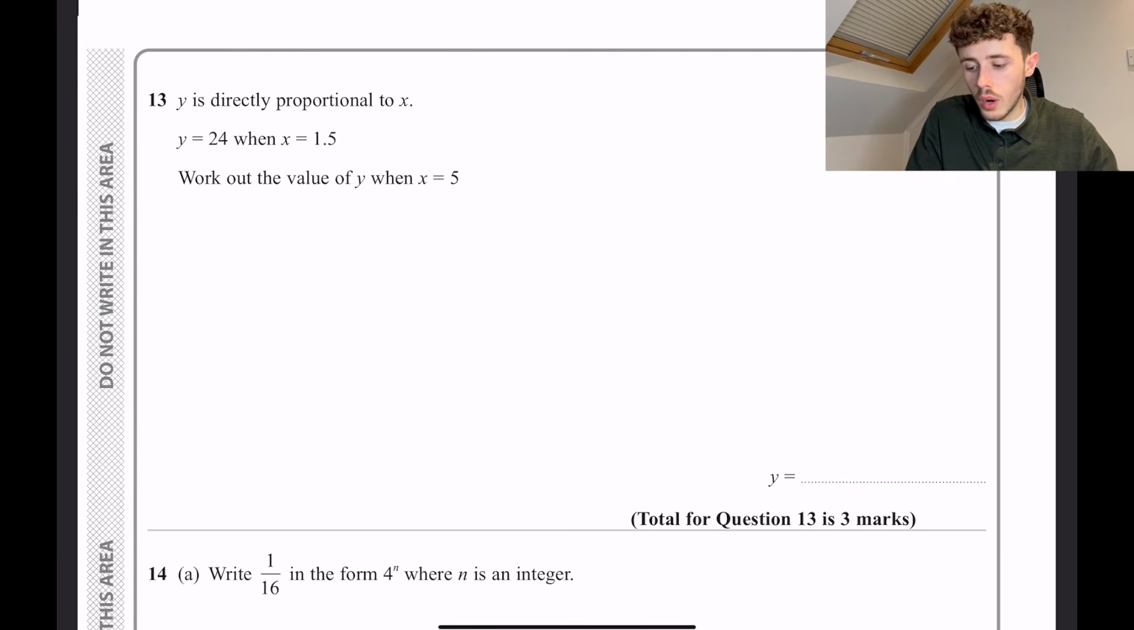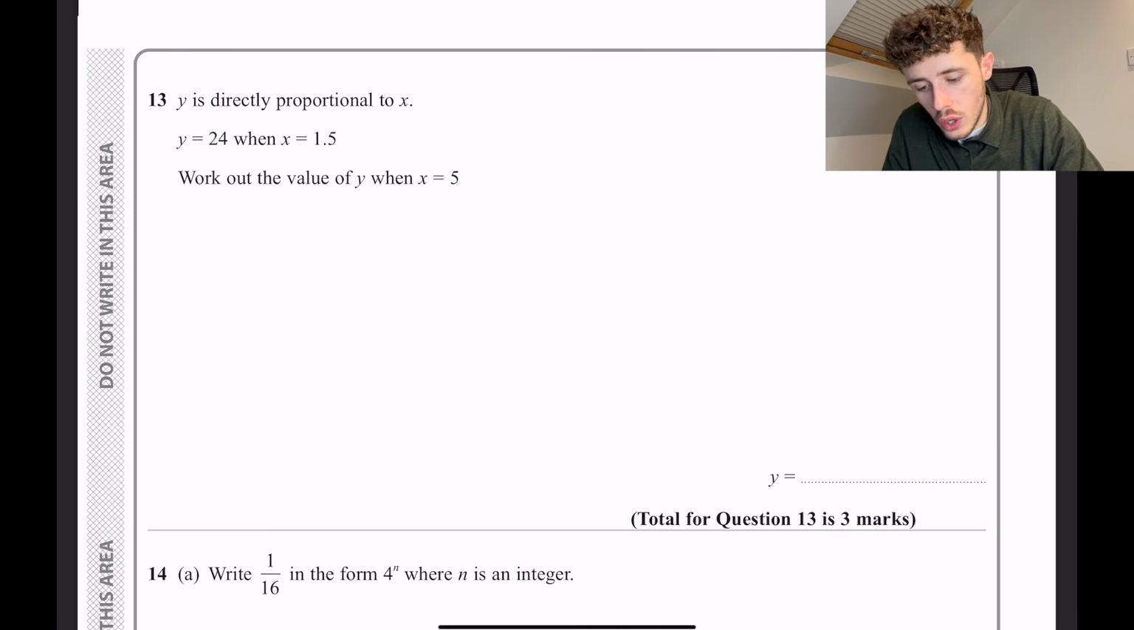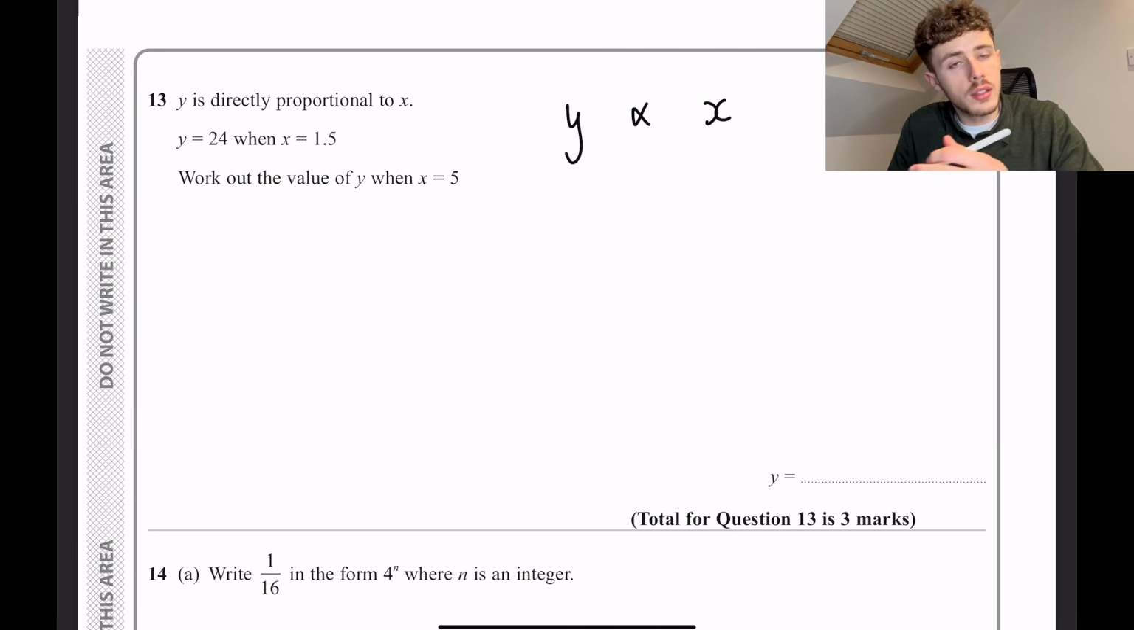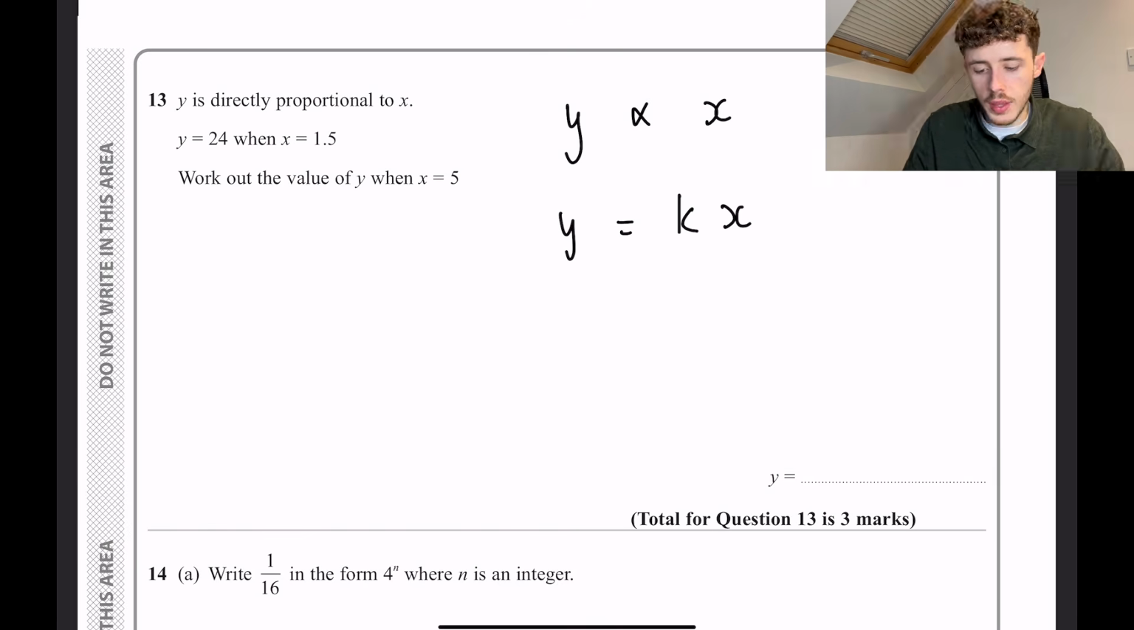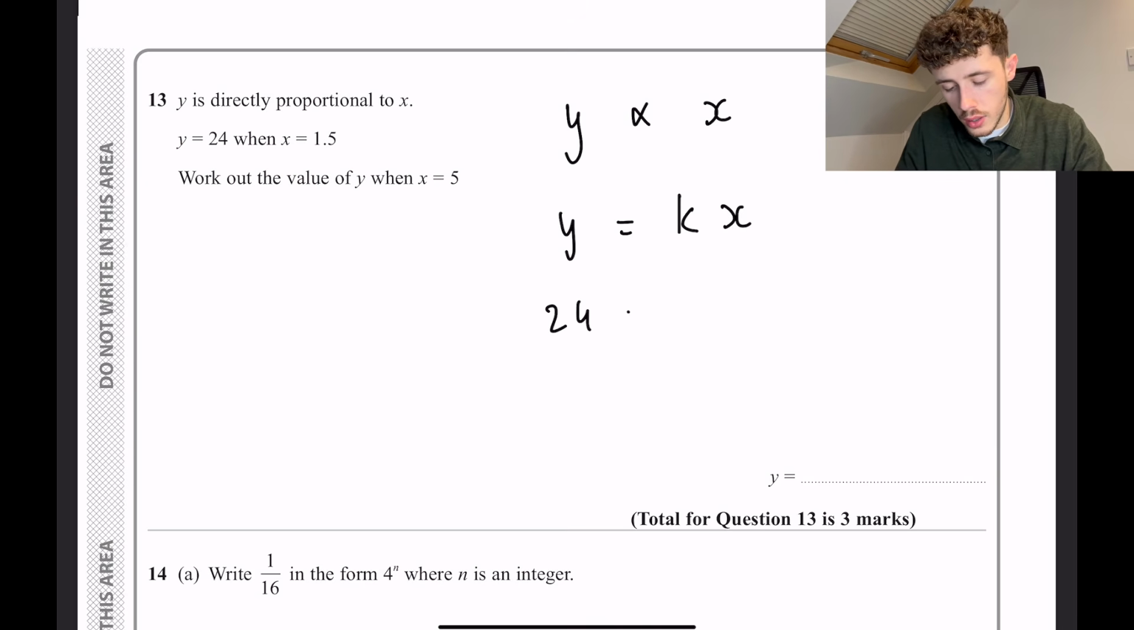Question number 13. Y is directly proportional to x. Y is 24 when x is 1.5. Work out y when x is 5. So we want to say that y is proportional to x. To convert that into an equation, we introduce a scale factor of k. So now that we have this equation, we just substitute in the numbers we know, 24,